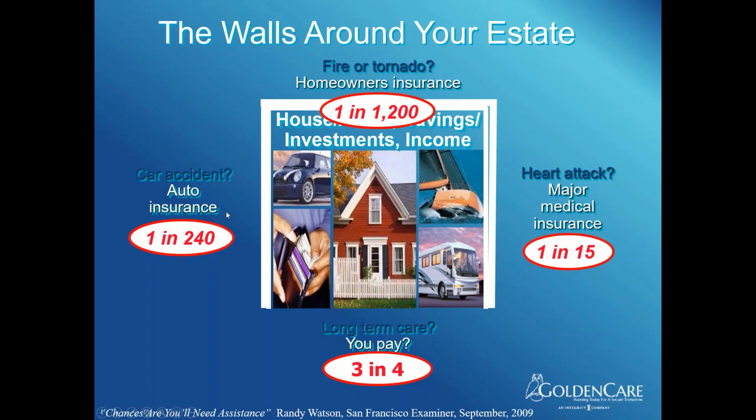So I do love this slide. It just kind of puts it in perspective. You're insuring backwards. If I'm insuring myself, I want to take care of the most likely thing that's going to wipe me out first, then the second most likely thing, then the third. But we're backwards. The most likely thing that's going to take all your stuff from you is the one thing we're not insuring. So I would say that's interesting.